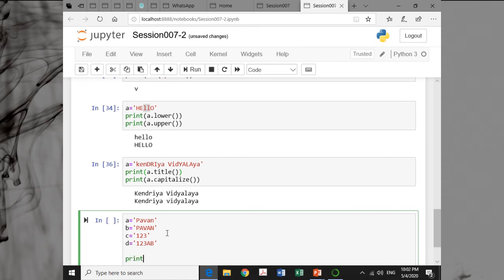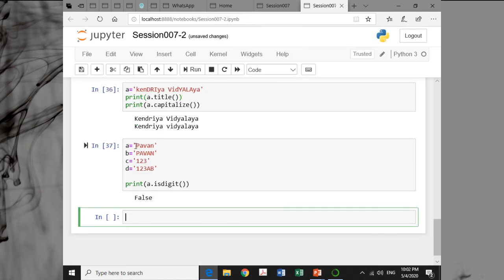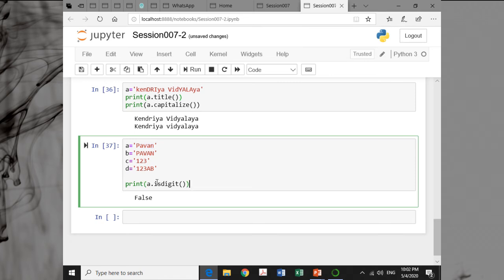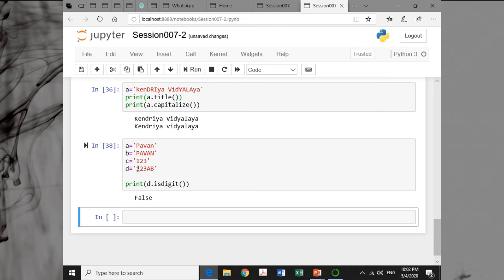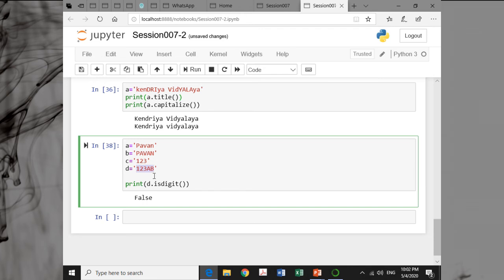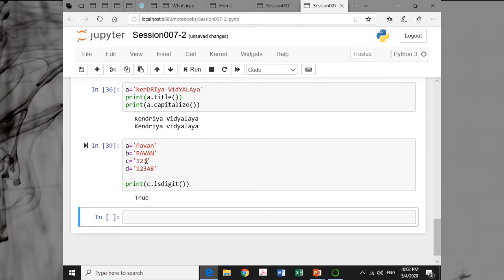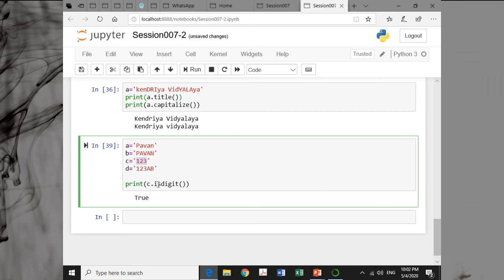So if I say print a dot is digit, my answer will be false, because in a we are not having digits. If I say print d dot is digit, the answer will be again false, because in d all the characters are not digits. There are some characters which are not digits. Okay, but if we say c dot is digit, the answer will be true. All the characters in c are digits.